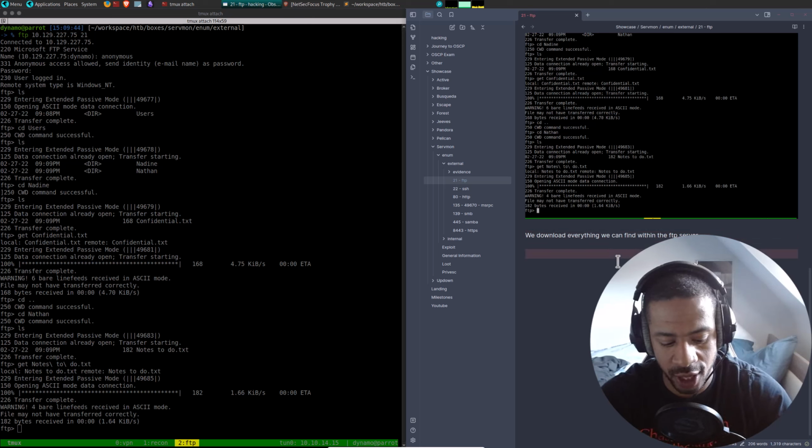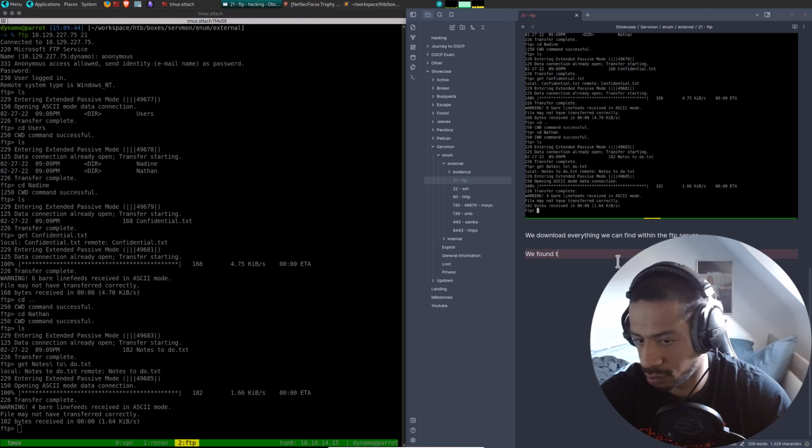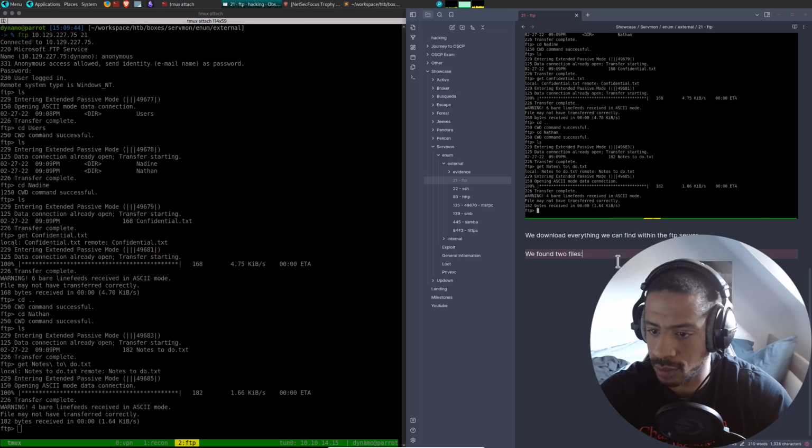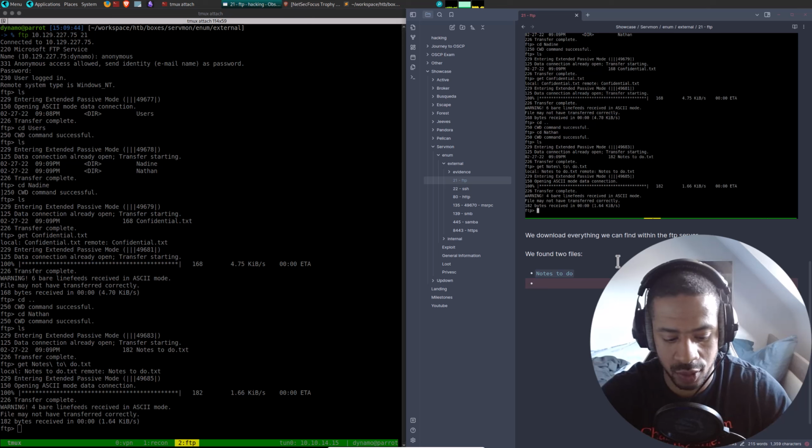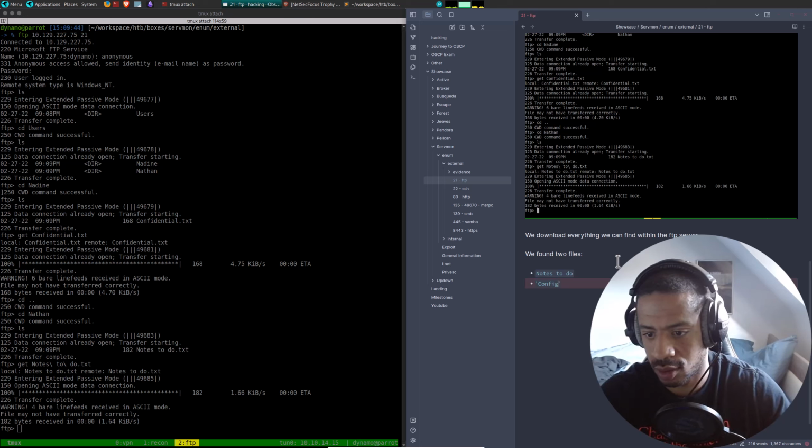So we found two files. One is notes to do, and the other one was confidential.